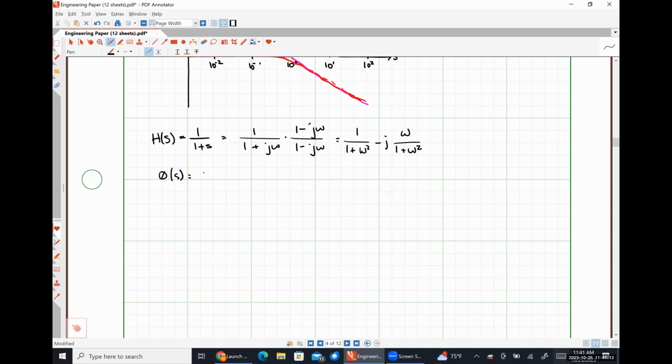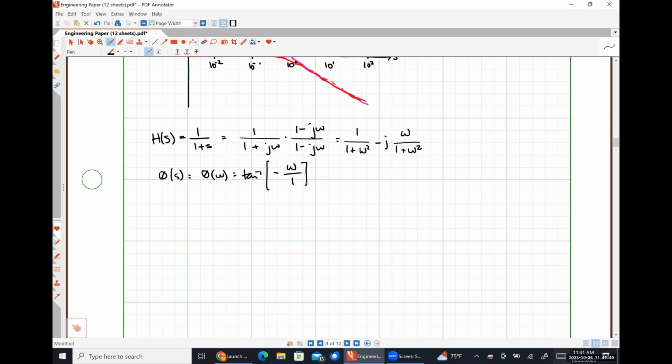Theta of s will be theta of omega, which is just the arc tangent of the imaginary part of this thing. So that'll be negative omega divided by the real part, which is 1, where I'm taking into account that the denominators of both of these things are the same, so they're going to wind up canceling each other out when I do that division, so I didn't bother putting them there to begin with. So I have the arc tangent of negative omega. So,